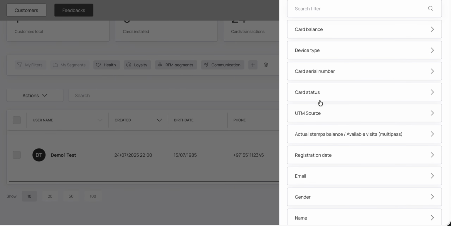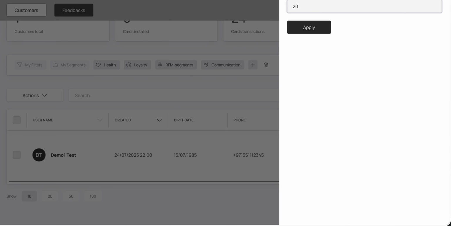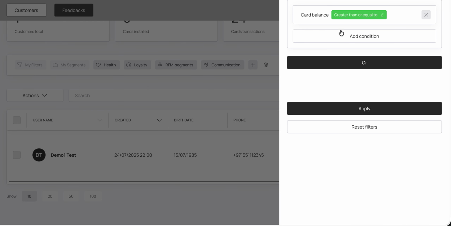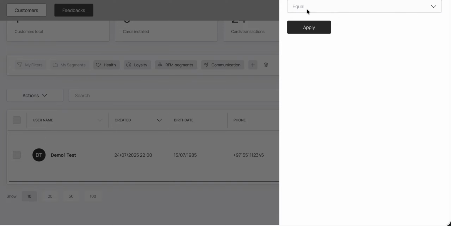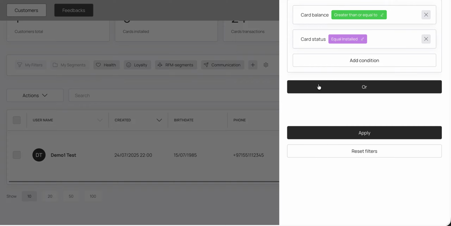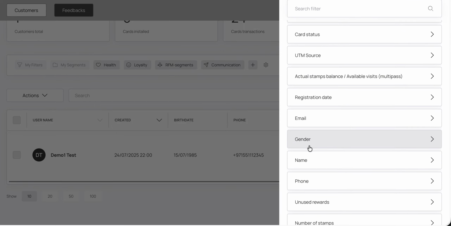And we can create more filters. So for example, I want to select all customers that have more than 20 points. And I can also combine that with more things. So I can say add this as a filter, and then I want to add more conditions, or I want to add or conditions. So and the card status is equal to installed, and who's, for example,